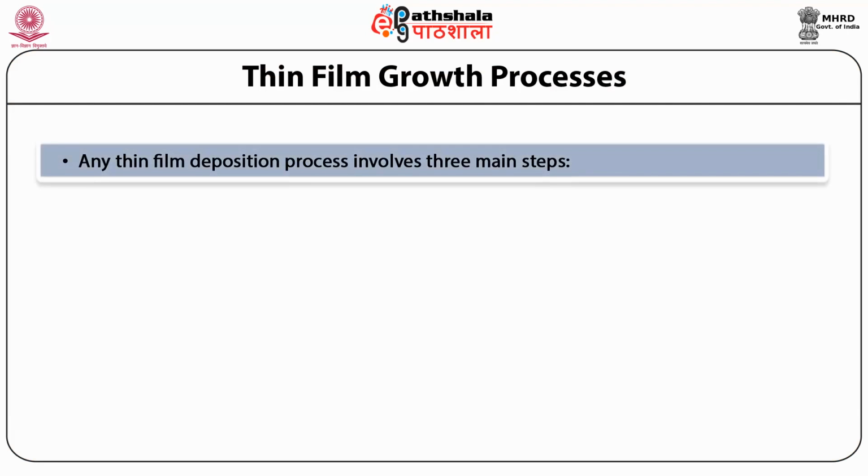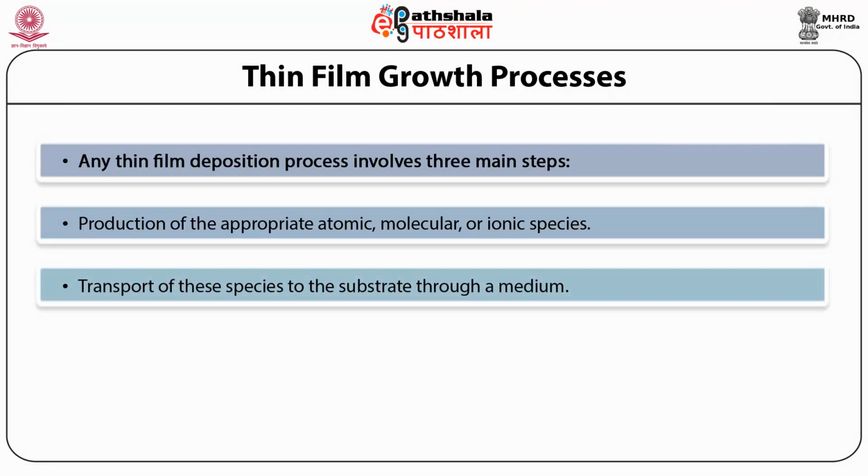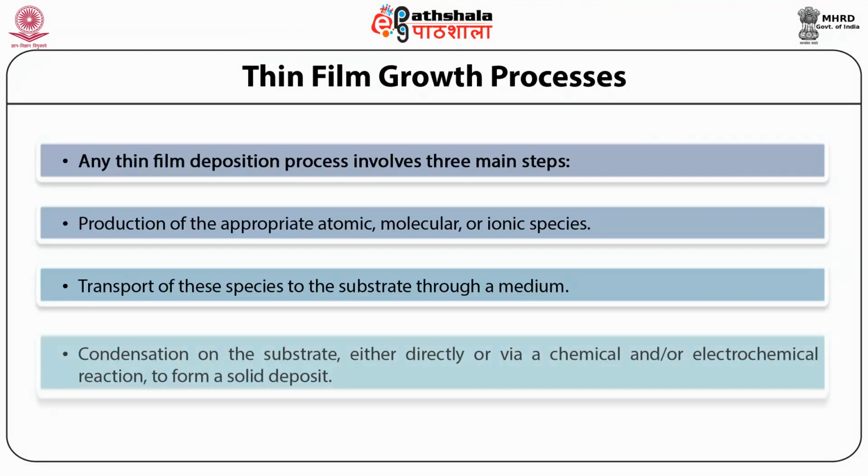Any thin film deposition process involves three main steps. First, the production of the appropriate atomic, molecular, or ionic species. Second, the transport of these species to the substrate through a medium. And third, the condensation on the substrate, either directly or via a chemical and or electrochemical reaction, to